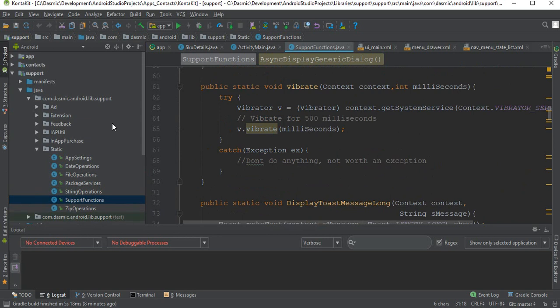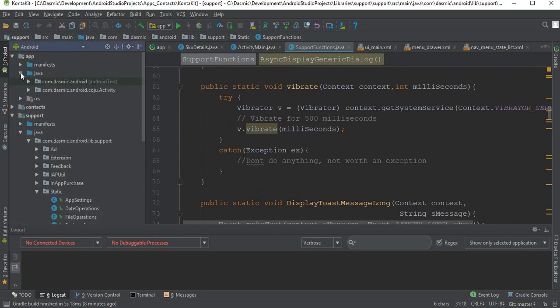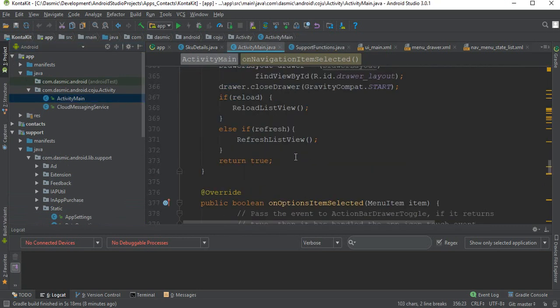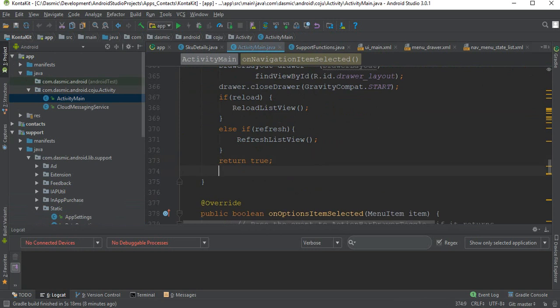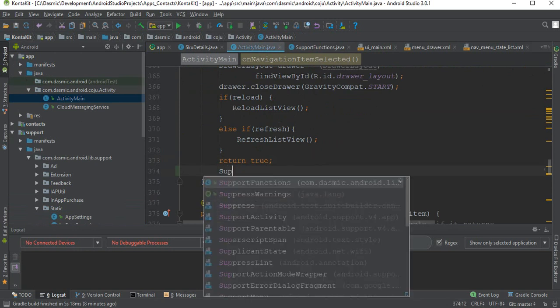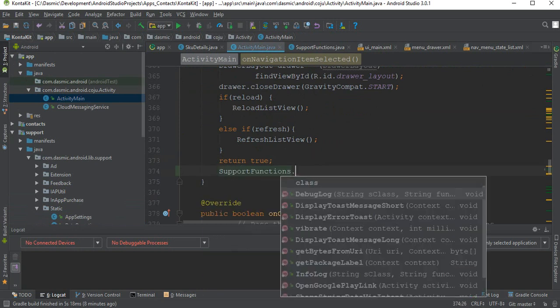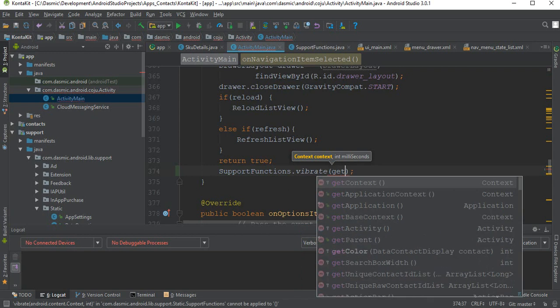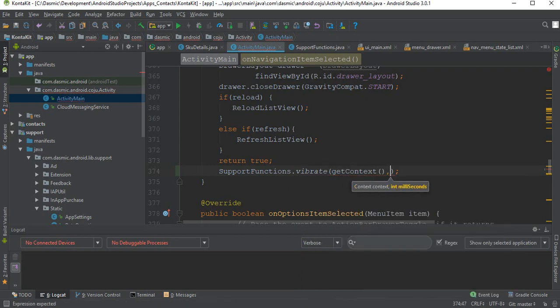So now let me just show you how I use this. This is my main application. So here's like an activity main. So all I do, for example, let me just type some code here. I already have a reference for the support function, so I get support functions dot. So say I need to vibrate, I will just press vibrate here and pass it the context. I just have a function called get context here and say 1000. So this will